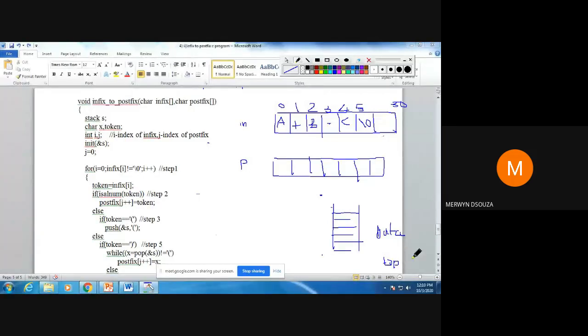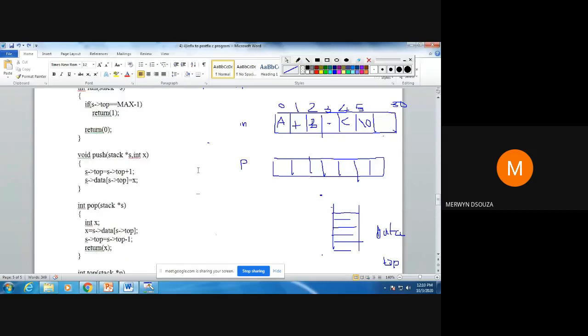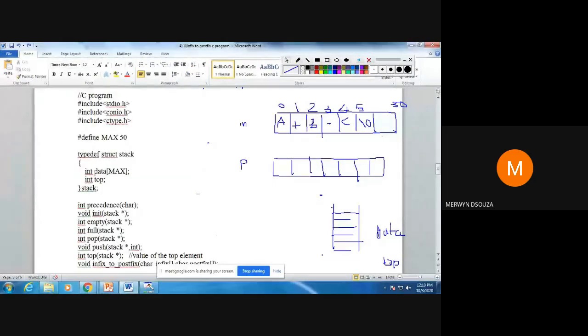So these are your structure members, which are already defined here. So this stack has been defined, name has been given as data, and this will be your top. Name of the structure has been called stack, but your actual stack is going to be implemented using this array data.